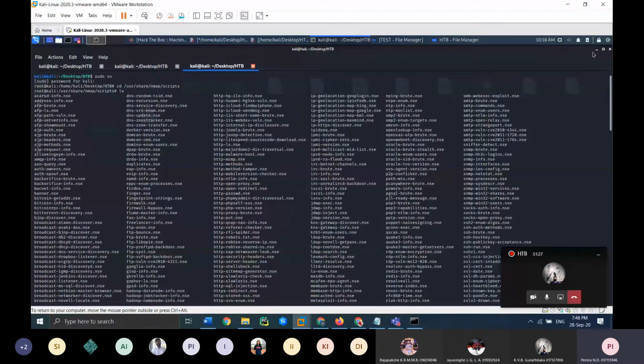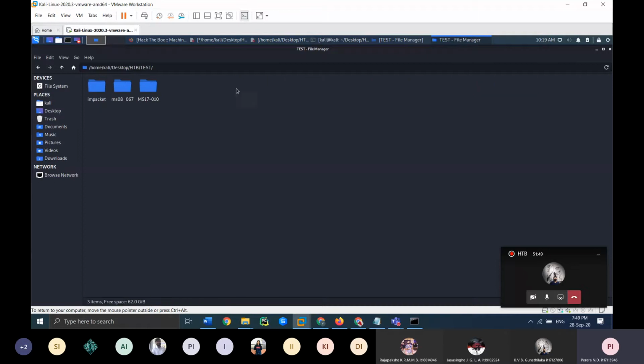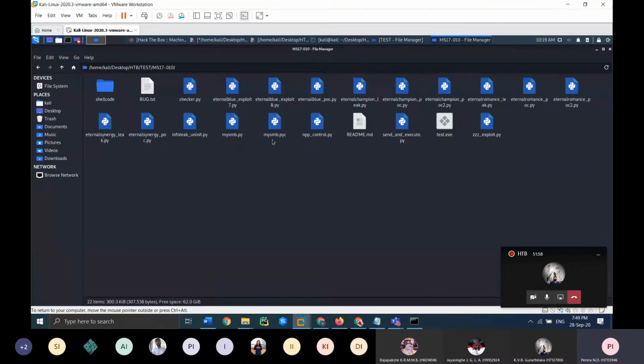We will do this without using Metasploit. Why we are doing this without Metasploit is, you guys will learn Metasploit later. Metasploit is nothing but a tool, and it creates noise for IPS, IDS and other systems. So I thought of doing this without using Metasploit, and you will learn some other tools as well. I'll pass these scripts to you. These are the exploits that I will be using.